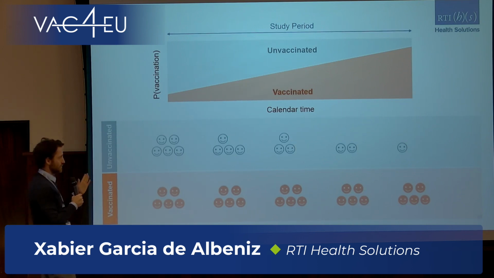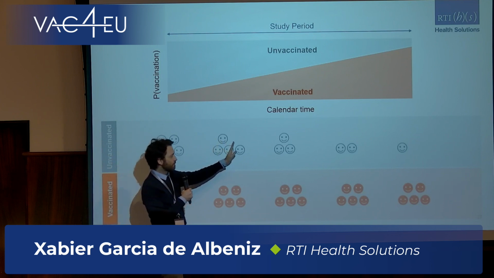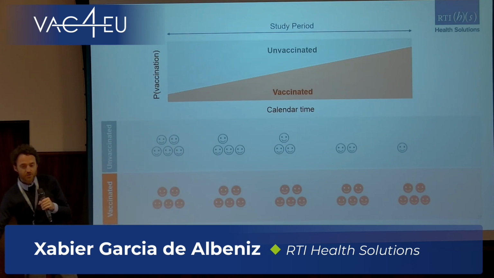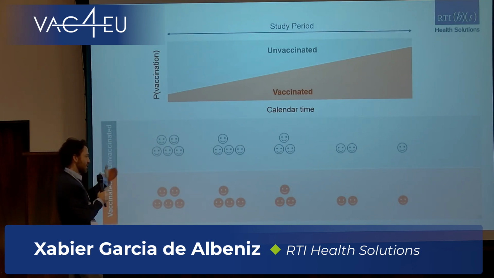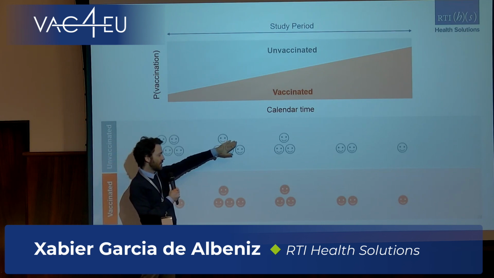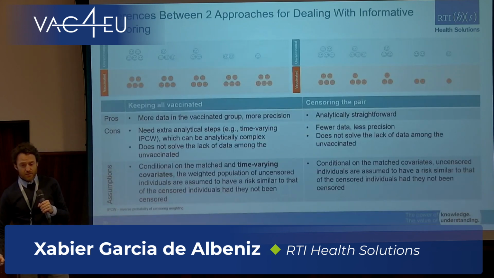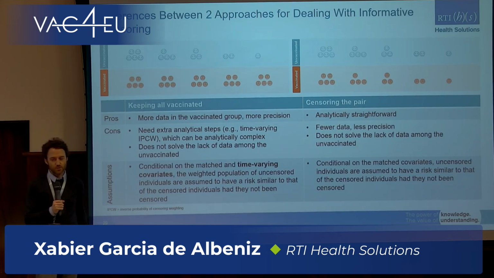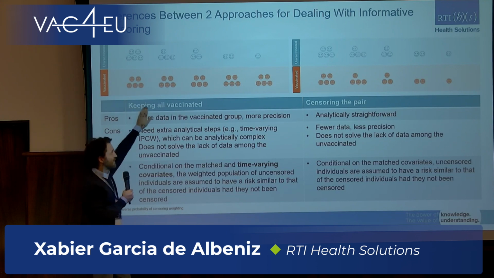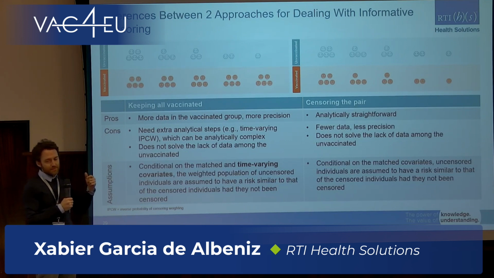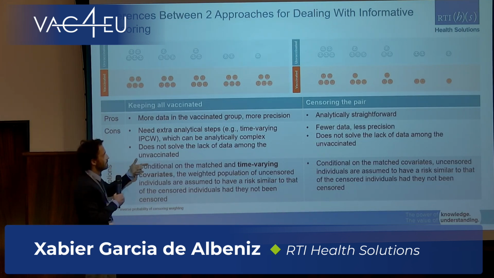And you have two options. You have the option of just censoring them when they get a vaccine. And you have the option of, if you have used matching, removing both the vaccinee in the control group and the corresponding vaccinee in the exposed group. So what are the advantages and disadvantages of each approach? When you keep all vaccinated, you have more data. You have more precision. But you need an additional analytical step, because